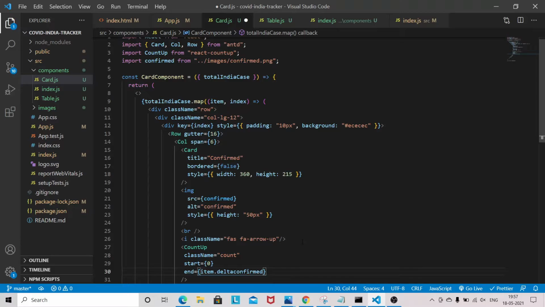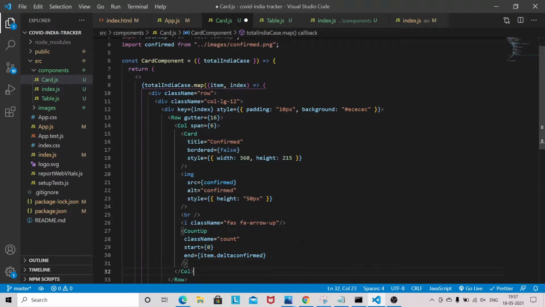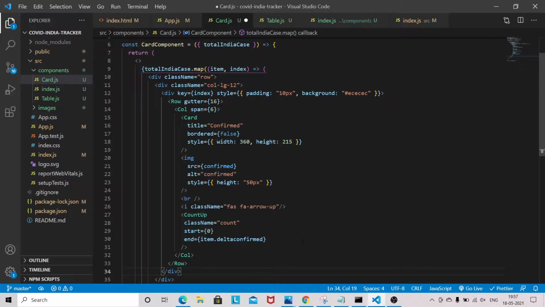Delta confirm basically represents daily confirmed cases overall in India, and confirm duration, 2.75, and separator. So this duration is basically the count starts from 0, and however many confirmed cases we have, it will take 2.75 seconds to reach that total count.